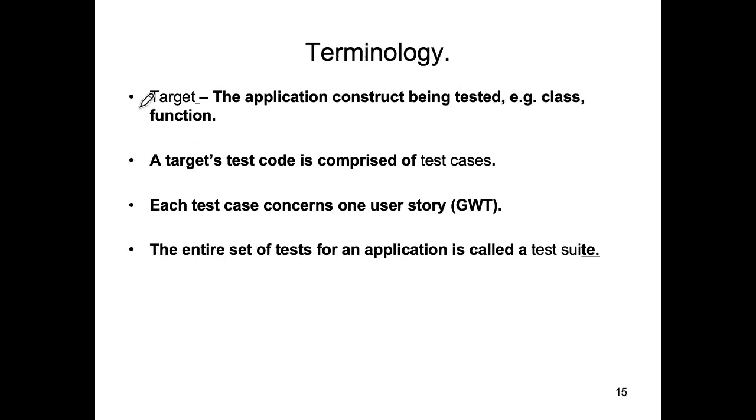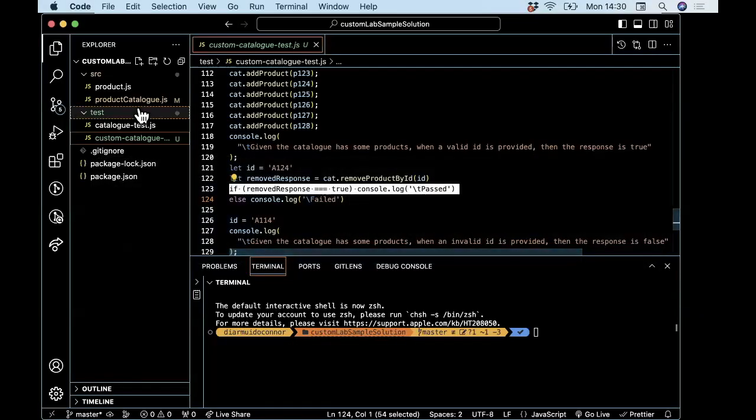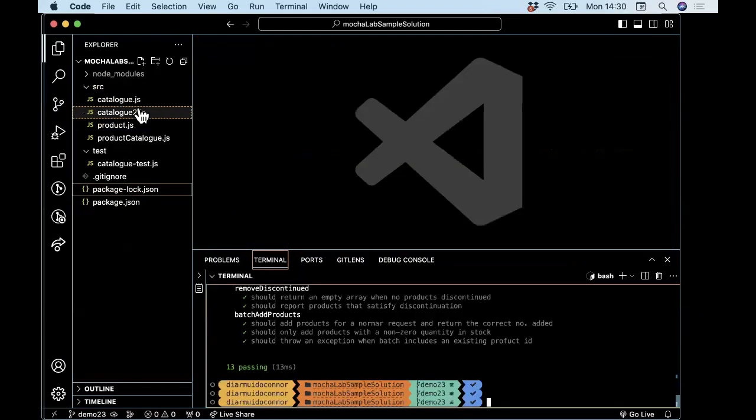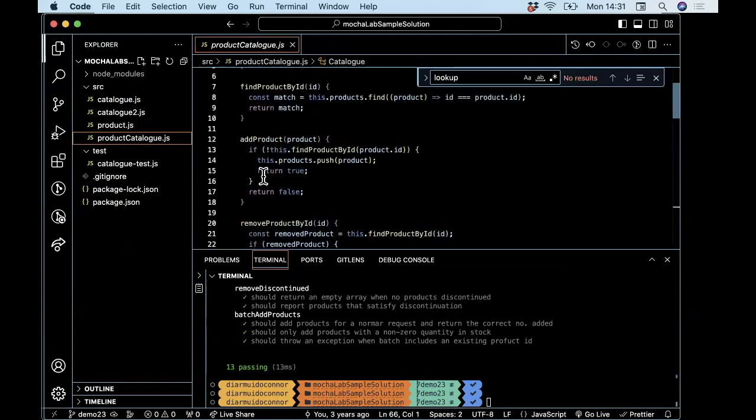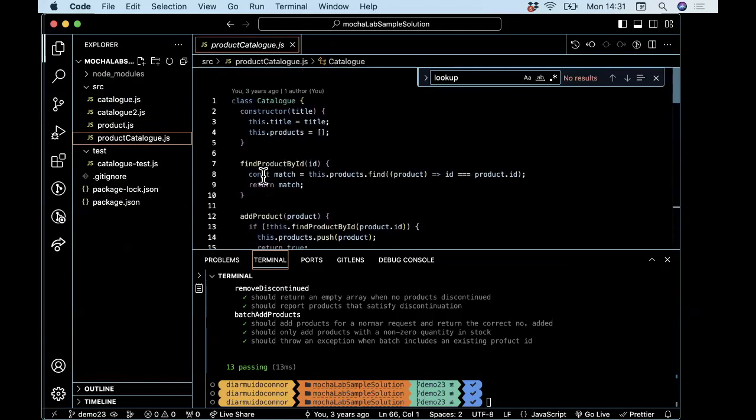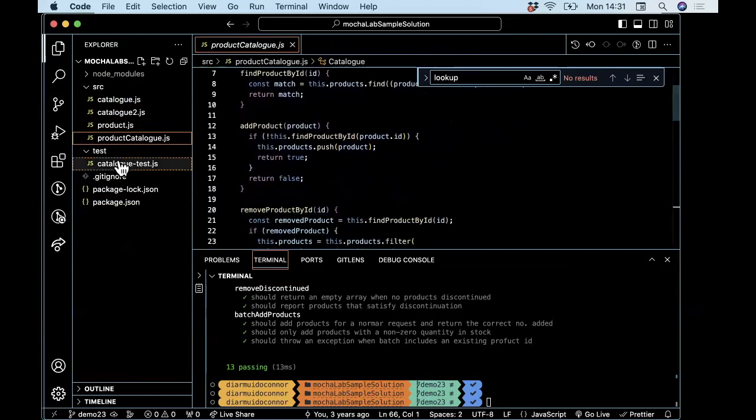So maybe I could just flip over to VS Code. So what you'll find yourself doing in this week's lab is, again, we're using our catalog project. Forget about these two classes, they're not relevant. I have my products class, which is the same as before. I have my product catalog, which you're now familiar with from last week. So again, same methods pretty much. And where's my